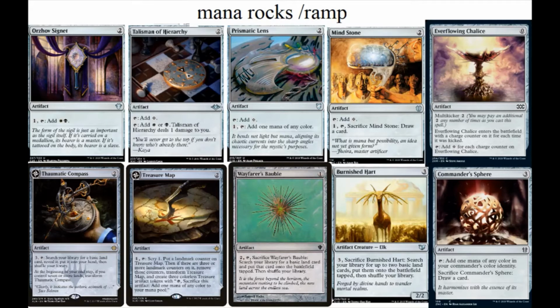And we make 3 treasures. And on the other side, it taps for a colorless mana, and it also can tap and sacrifice a treasure to draw a card. Wayfarer's Bauble, 1 mana to play it, 2 mana, sack it, go get a basic land,